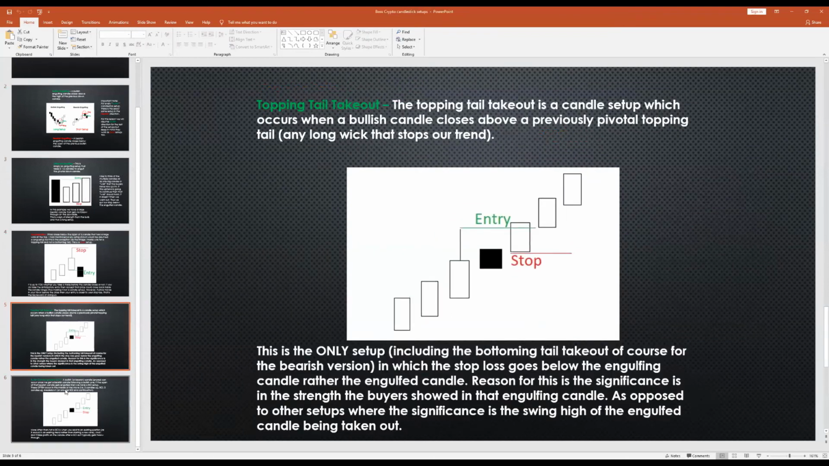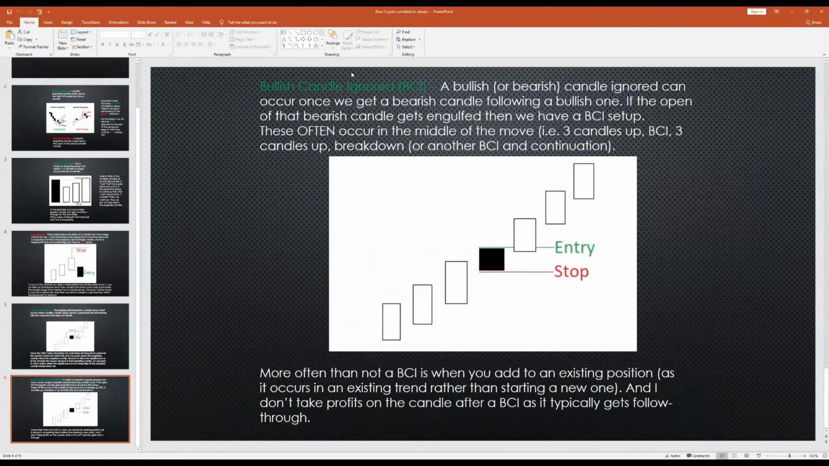Right? And then last but not least, we have the bullish candle or bearish candle ignored, right? You'll hear me call this a BCI at times. I didn't really find much information on this online, and I'm pretty sure JJ created this one or termed it. But it's really good. I've used it a lot and been really successful with it. So a bullish or bearish candle ignored can occur once we get a bearish candle following a bullish one in a bull trend. And obviously the reverse is true for a bearish candle ignored or bullish candle ignored,